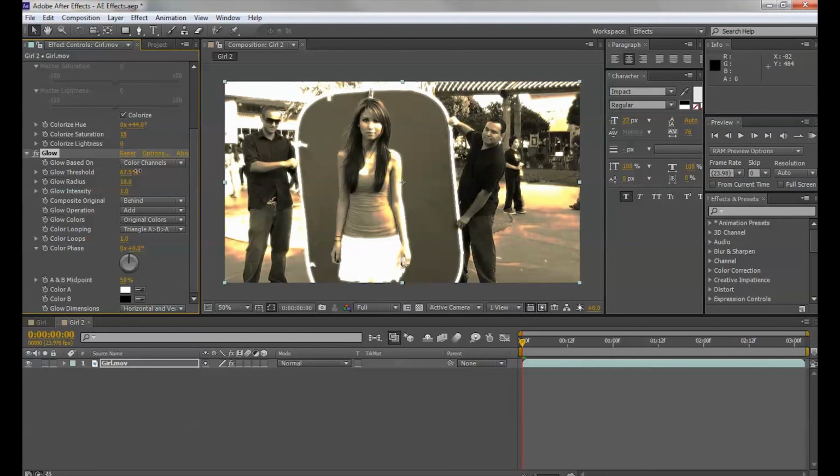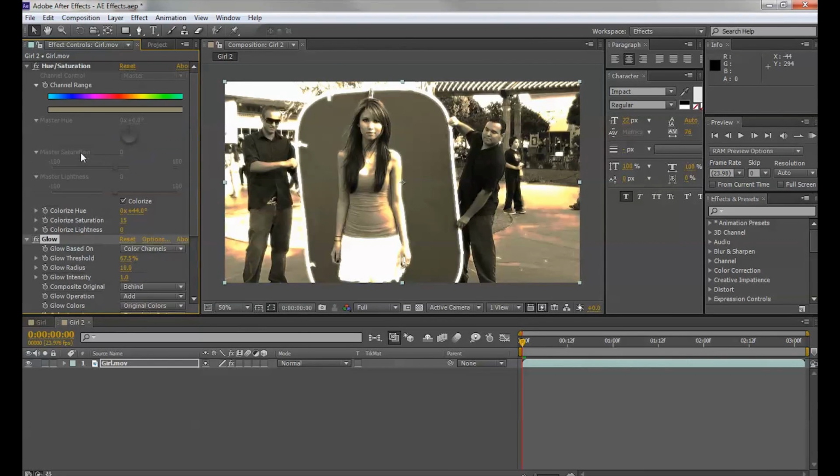Okay, so now you have this kind of new look. She's glowing along with every other aspect that is bright already in the video frame. We would only use the image of the girl because we'll be green screening that, and then we would have a certain look on her based on the glow. If you turn off the glow, you can see how it looks beforehand, and you can turn it back on, so you can make a quick comparison and see if you like your new correction. Alright, let's close down the effects and